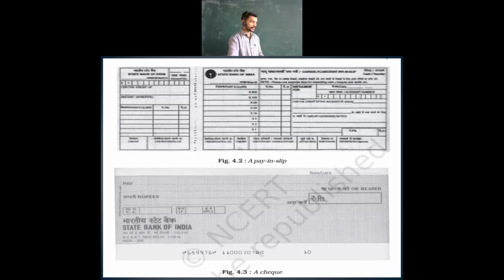Then lastly, at the right side of the bottom, you are going to sign over there: the name of the depositor, the signature of the depositor, what we have as a column over there. If you finish, the remaining part will be the cashier's part. He will take the cash, he will sign and give you the small part of the slip for your deposits.